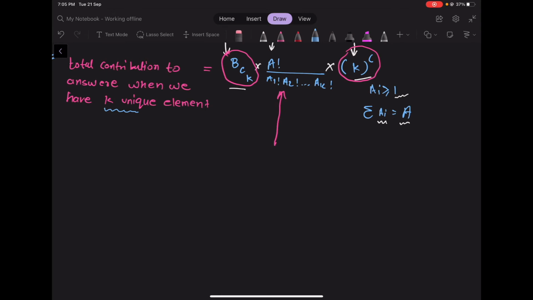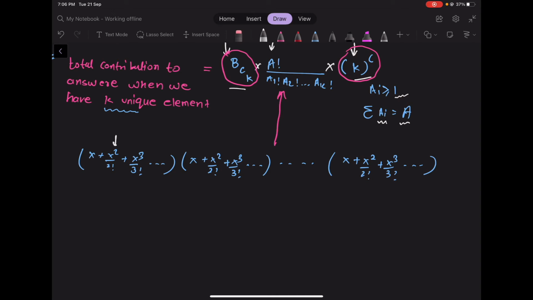So now what we can do is that if we write k polynomials of the form x plus x square divided by 2 factorial plus x cube divided by 3 factorial and so on, and one more polynomial of the form x plus x square divided by 2 factorial plus x cube divided by 3 factorial and so on till the kth polynomial. And here you can see that the number in the power and the number in the denominator, so these factorials in the denominator are exactly same.